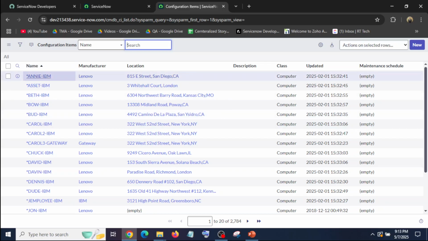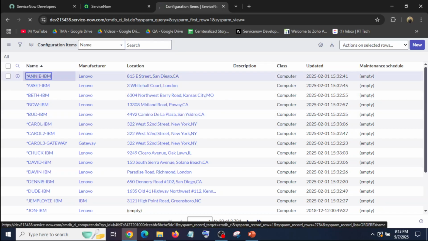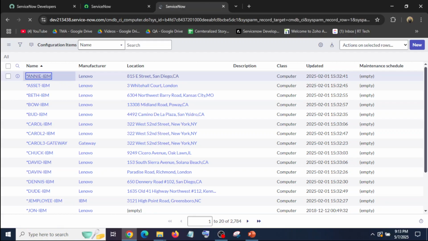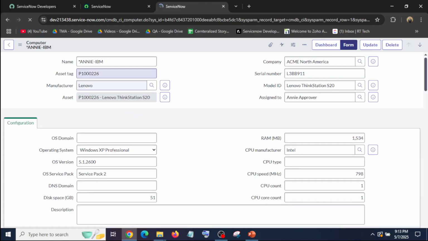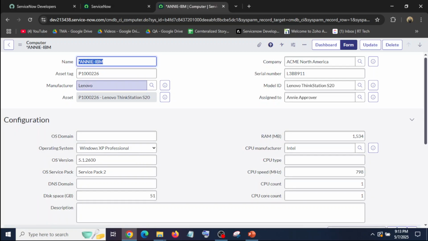So if we open one of these, it shows all the information of this computer, like this is the name of this computer, this is the asset tag, and Lenovo is the manufacturer of this laptop, and then asset and company, and then serial number, model ID, and assigned to.